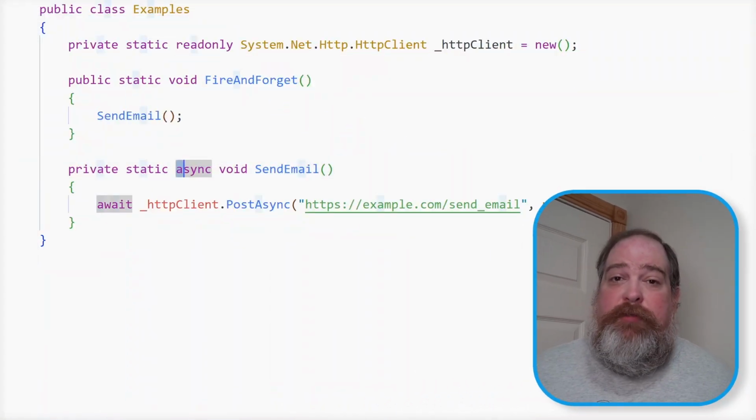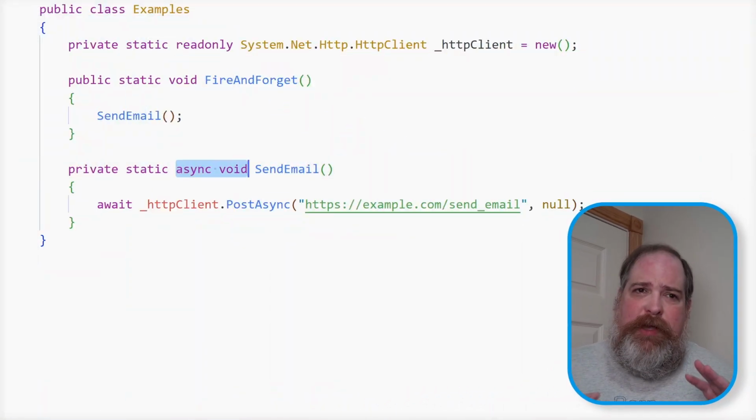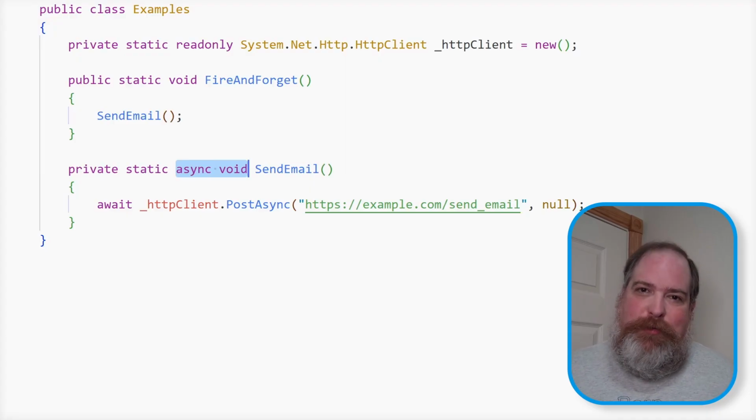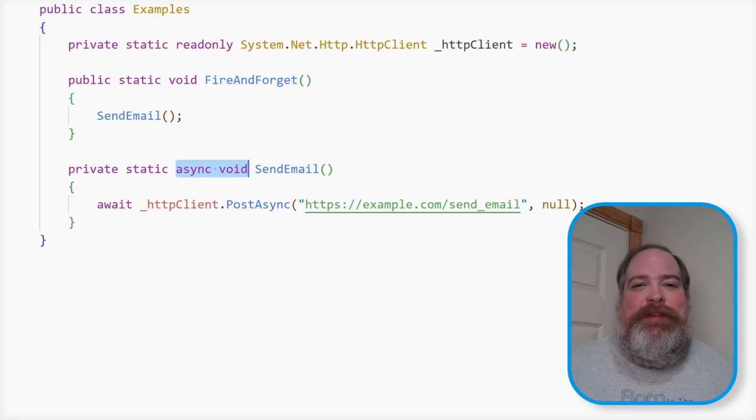Today we're taking a look at Async Gotcha number 3. That is, fire and forget. Now, last time we talked a little bit about async void, and that's one form of fire and forget, although usually with async void I tend to call it fire and crash because any exceptions from an async void method by default will crash your application. So I tend to call that one fire and crash just as a tongue-in-cheek kind of joke.